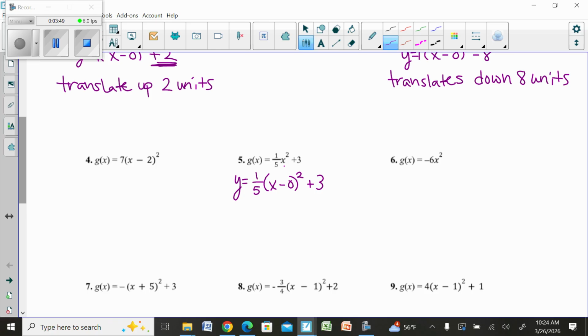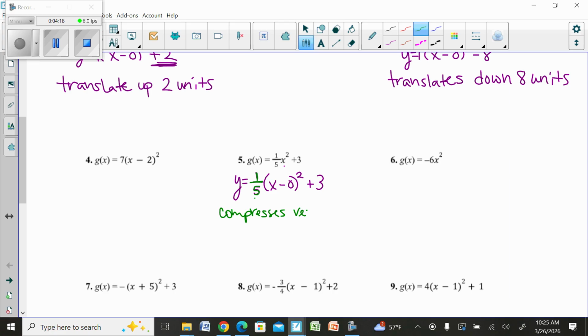Okay, so a couple of things are different here from the actual parent function. This 1/5 right here means kind of like a slope. Not necessarily because it's a slope, because parabolas don't have a slope, but if you thought about it, 1/5 would be up 1, out 5. And so it's going to make it wider. So when we make it wider, it compresses